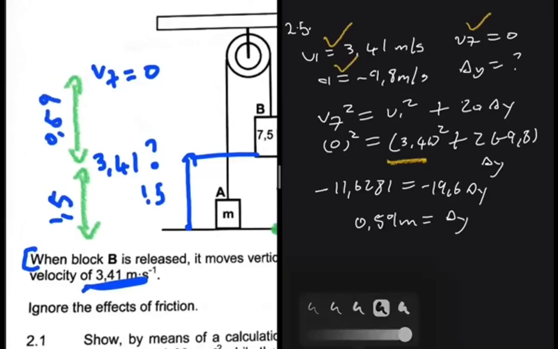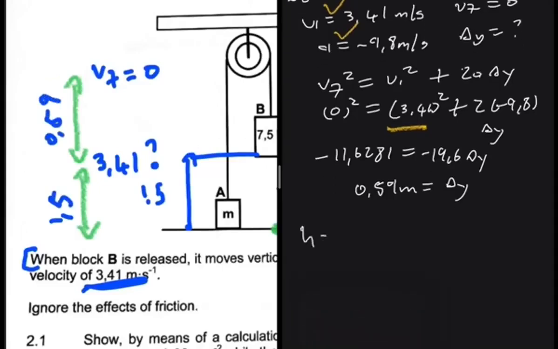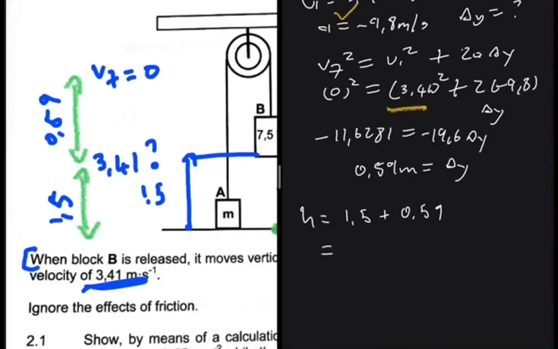So our height above ground is 1.5 plus 0.59. Right, that will be our height. That is equal to 2.09 meters. Free fall is the motion of an object where the only force acting is gravity. Right, so that is 3.1. Let's go ahead and do